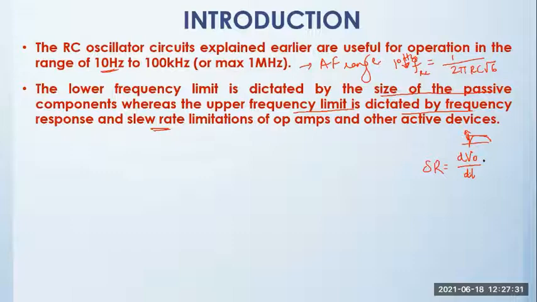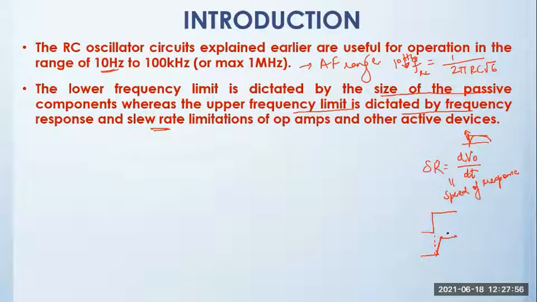It is the rate of change of output voltage with respect to time. Or in other words, it is a measure of the speed of response of an op amp. What do you mean by the speed of response? If the input changes suddenly like this, output would not be able to change suddenly, but output will change slowly